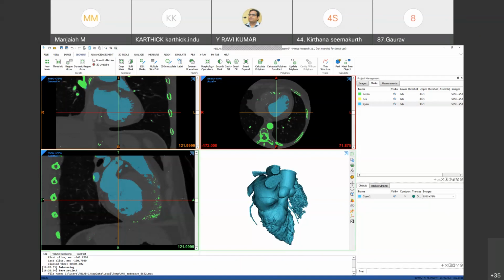Even water has 0 and the air has -1000. You check between these values, the Hounsfield units. You need to focus on the Hounsfield units.